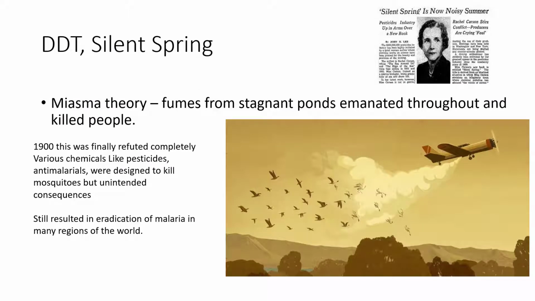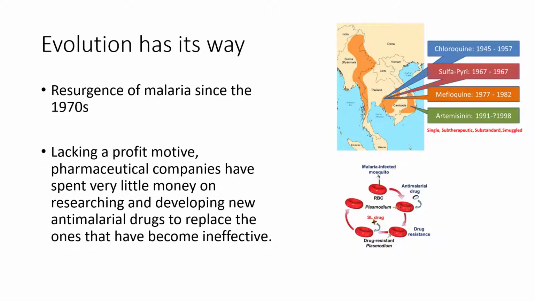So we then see DDT, which was used to wipe out these mosquitoes that were responsible for killing so many people. Rachel Carson suggested that this DDT is not a good thing, but people didn't listen, and DDT was sprayed anyway. The DDT killed a lot of mosquitoes, but it killed a lot of other animals, and we've stopped using it. Many of the mosquitoes were able to evolve in such a way that they were no longer susceptible to the weaker pesticides. So we couldn't use DDT, it was too strong. We couldn't use the weak ones because they were too weak.